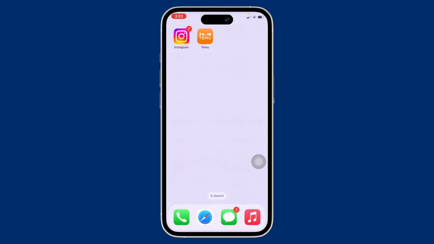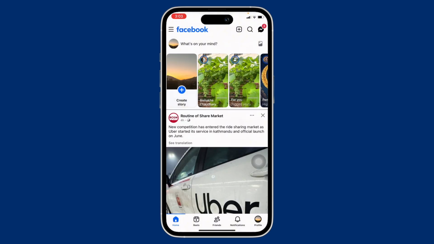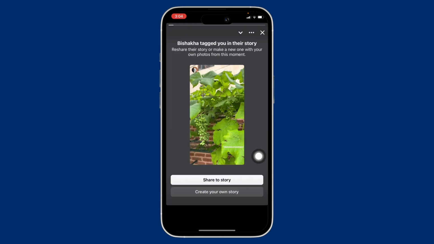So firstly, go ahead and open the Facebook application on your device, and with this you will see the story that has mentioned you. As you can see, it shows tag story here. So simply open the tag story and you will then see the option for share to story or create your own story. So if you want to repost this story, simply tap on the share to story option you see there,